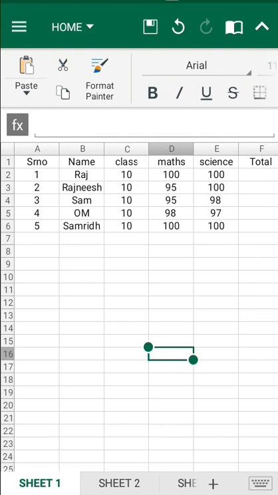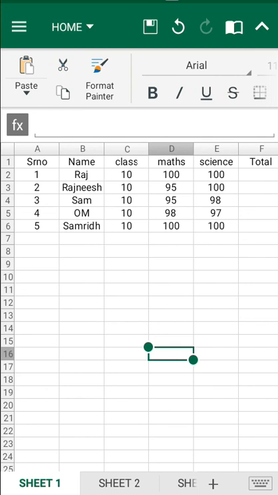In maths the student has 100 marks, and in science the student has 100 marks. So this is an individual record of the student. So in Excel, a table is a collection of rows and columns. A row consists of individual fields, like serial number, name, class, section, and the whole row from 1 till 100 is an individual record of Raj.